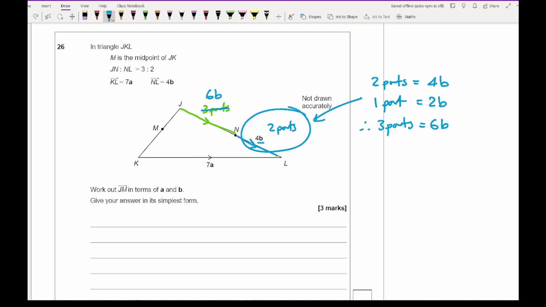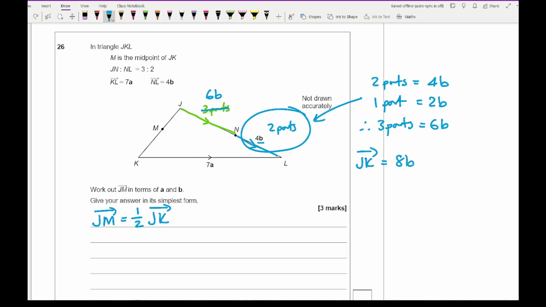Then I can work out what J to M is going to be. So J to M is going to be half of J to K, and J to K is equal to, well, it's going to be 6B plus 4B, which is 10B,